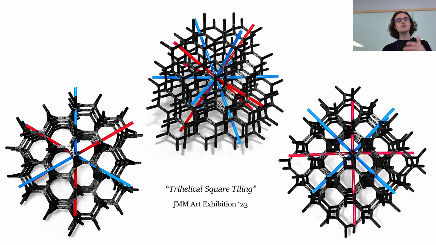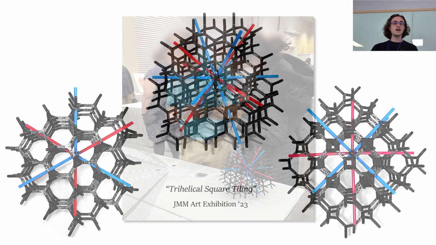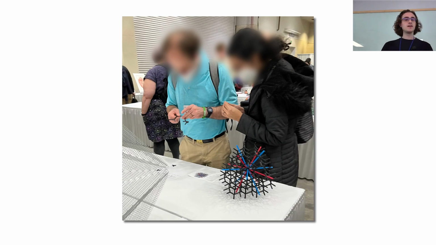I included visually in red the square helix axes, and in blue the triangular axes, so that when you're looking at the sculpture, you can actually point your view down one of the axes and you can see the square helices on the right pop out, or on the left you can see the triangular ones. Here are humans for scale.